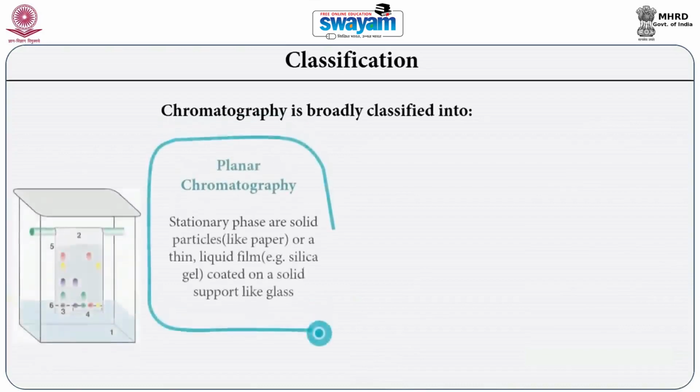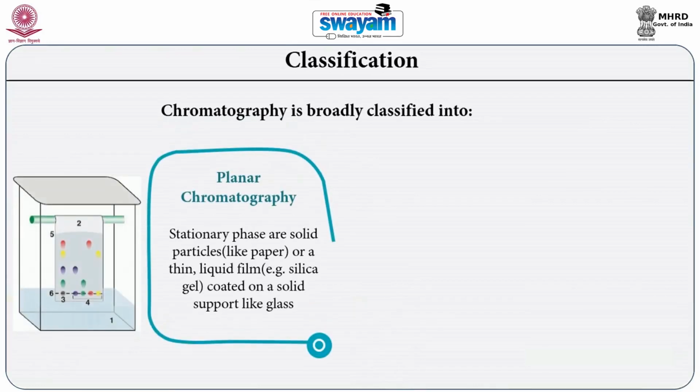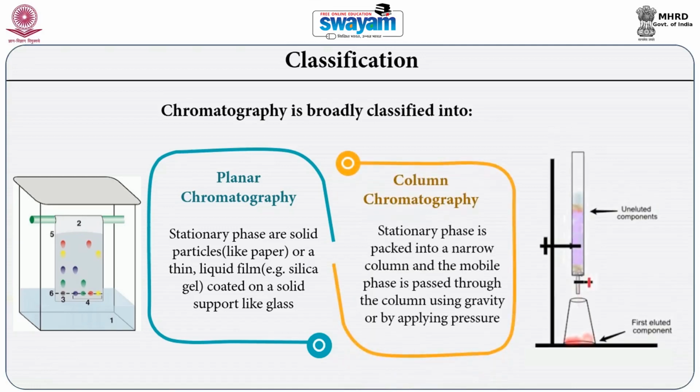Now, broadly, you might be aware that chromatography is classified into planar, in which the stationary phase is solid particles or thin liquid films such as those of silica and alumina gels that are coated on a solid support such as glass. The other type is column chromatography, or a three-dimensional mode of chromatography in which the stationary phase is packed into a narrow column and the mobile phase is passed through the column using gravity or